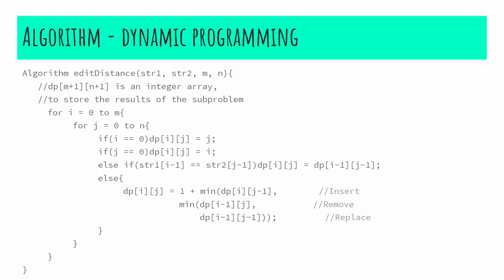in a bottom-up manner. If the first string is empty, again the only option will be to add all the characters of the second string, whereas if the second string is empty, then the only option is to remove all the characters of the second string. If the last characters are the same, then we ignore the last character and recur for the remaining strings. And if the last character is different, then we consider all the possibilities and find the minimum.